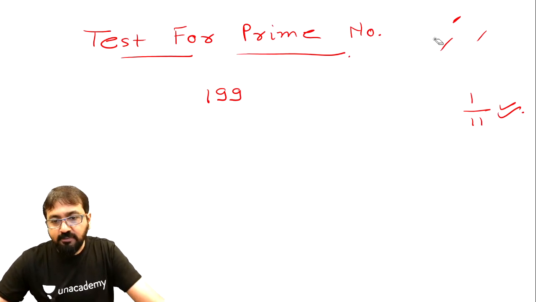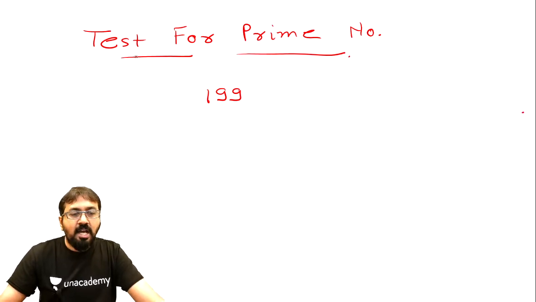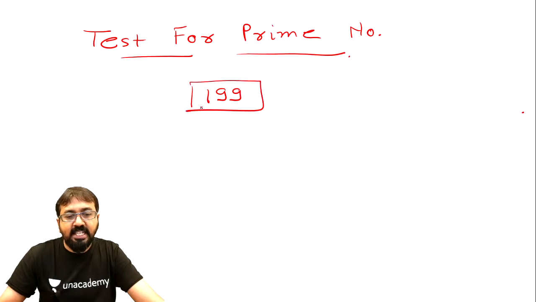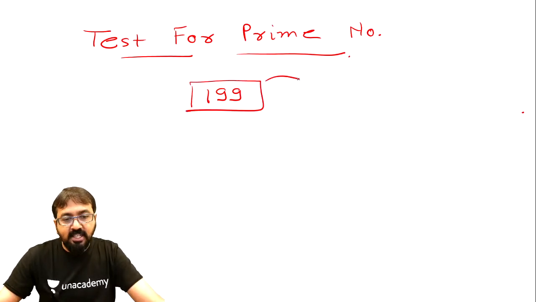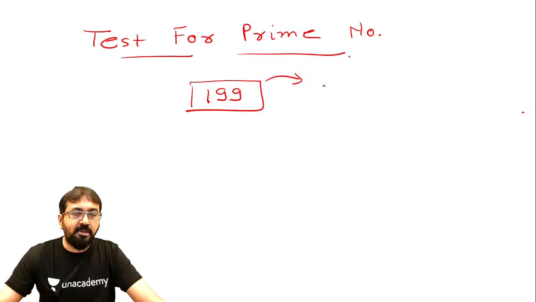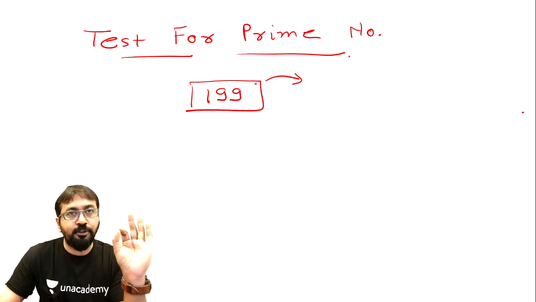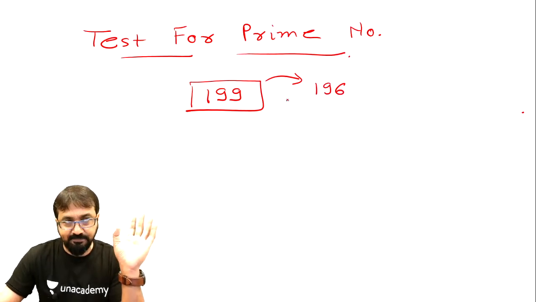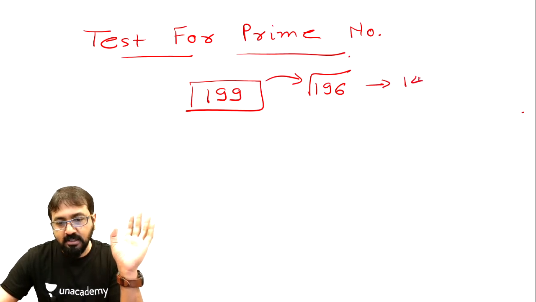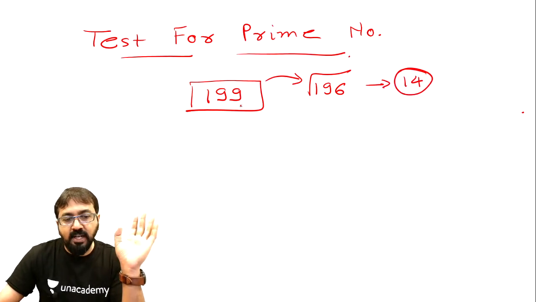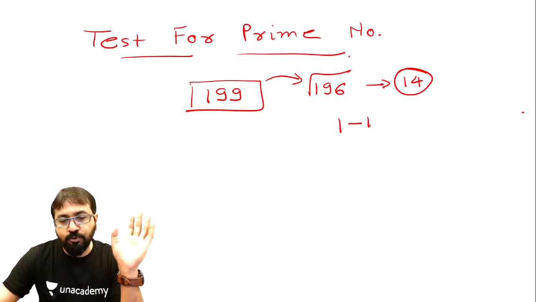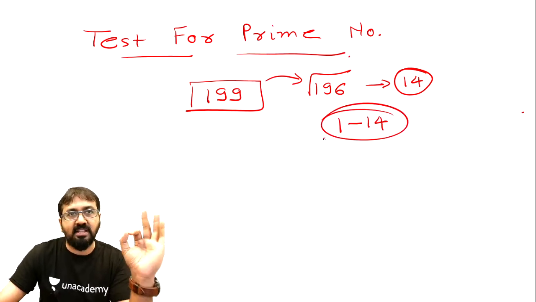Fine. Chalo. So now let's quickly discuss the test for prime number. Guys, how do we check whether this 199 is prime or not? So आपको क्या करना है, इसके पास वाला perfect square number देखना है. ठीक है, सबसे पहला स्टेप है check for the perfect square number closest to 199. Can I say it's 196? Now, what is the square root of 196? It's 14. That means आपको 199 को 1 से 14 के बीच में जो प्राइम नंबर आते हैं उससे डिवाइड